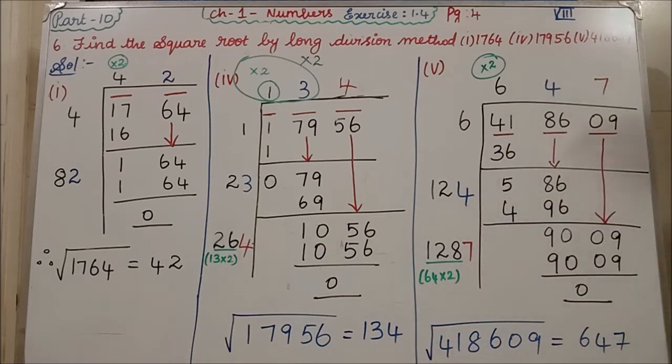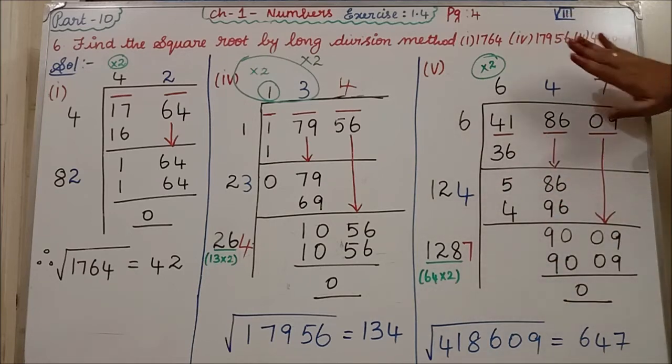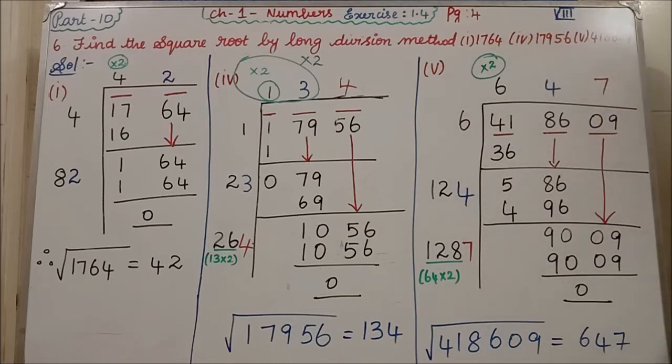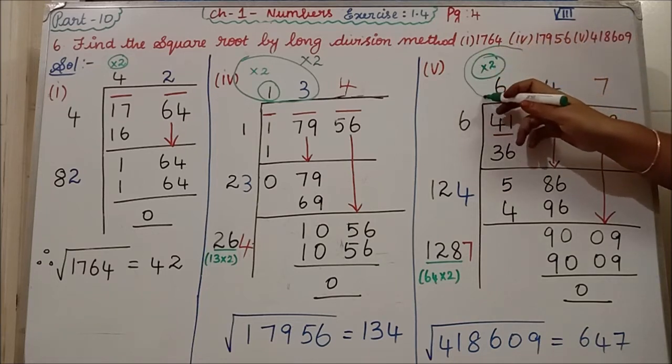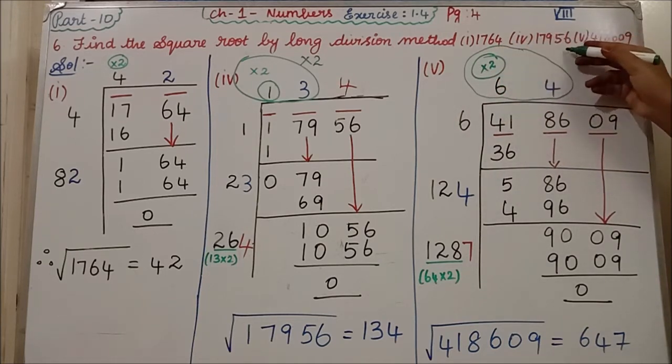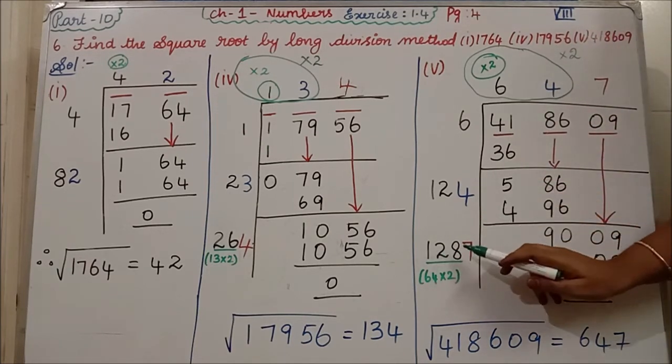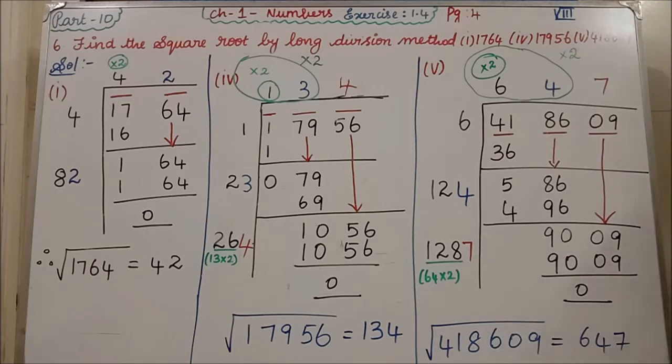When I told you, when you are coming from second step to third step, you will be having in the quotient only this 2 number. Isn't it? That 2 number fully you have to multiply with 2. Clear? So I will show you now, this full number 64 into this 2, if you multiply, what will you get? 128 you will get. Clear? Now, if you see here, it's ending with the last what number? 9. So, which 2 number you will get? 9. 3 3s are 9. 7 7s are 49. The last 9 we are getting.